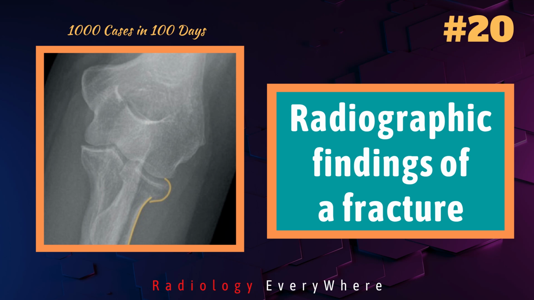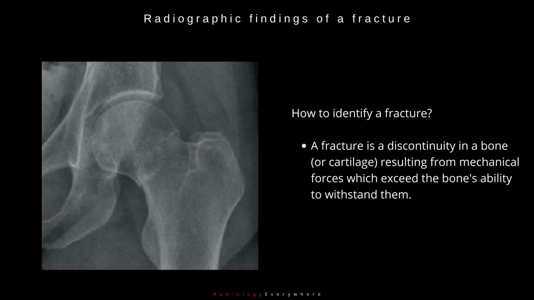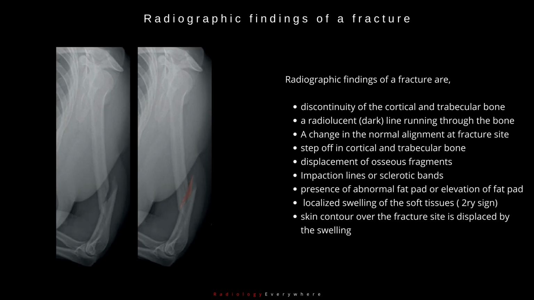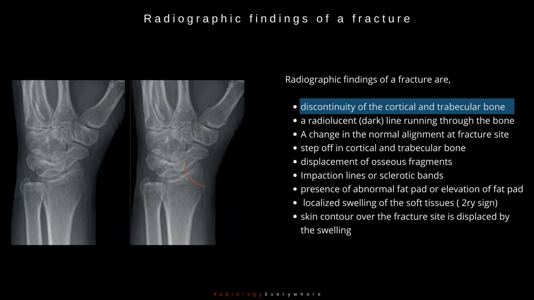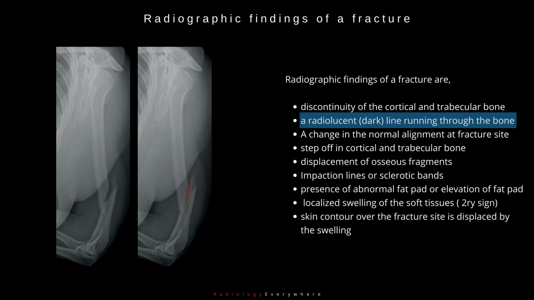In this video, we discuss the radiographic findings of a fracture. A fracture is a discontinuity in a bone or cartilage resulting from mechanical forces which exceed the bone's ability to withstand them. Radiographic findings of a fracture are: discontinuity of the cortical and trabecular bone, a radiolucent, dark line running